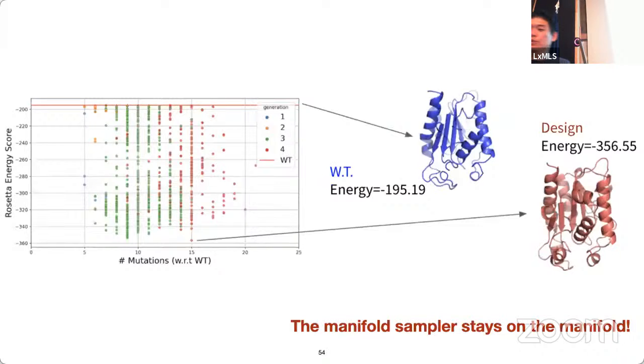So the first thing we wanted to check is that even without guidance, if we just do the sampling for a few steps, will we actually stay on the data manifold? Now, one unfortunate thing is that by just looking at the sequence of amino acids, except for a few important bits, we can't really tell whether the protein is a good protein or not. Sometimes it is not even a protein. It's unlike natural language, where we can read and see that it looks pretty solid or not. We can't really do that in this case.